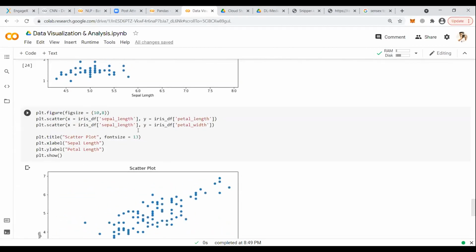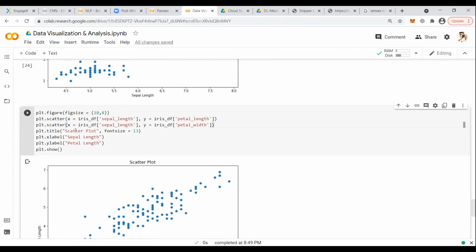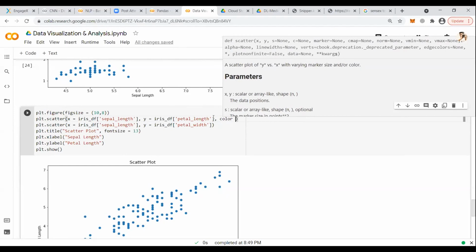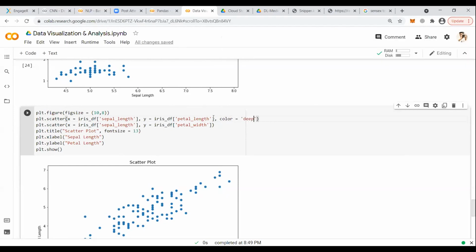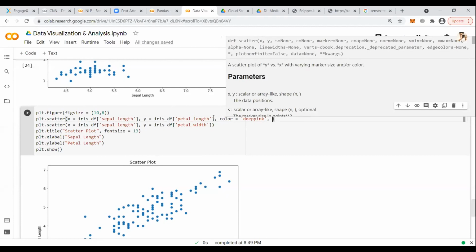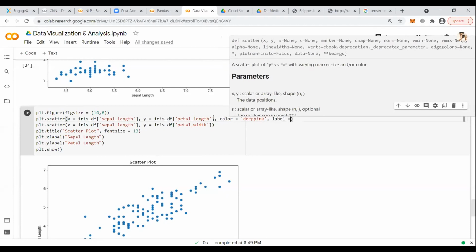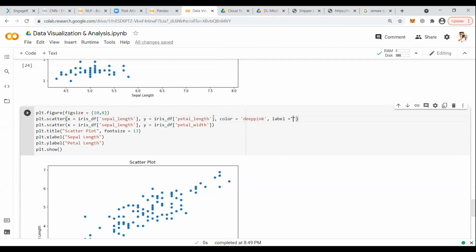Correct? So now what happens when you try to merge two plots in one? You need some more information, like you need color, then you need label. Label is petal length.